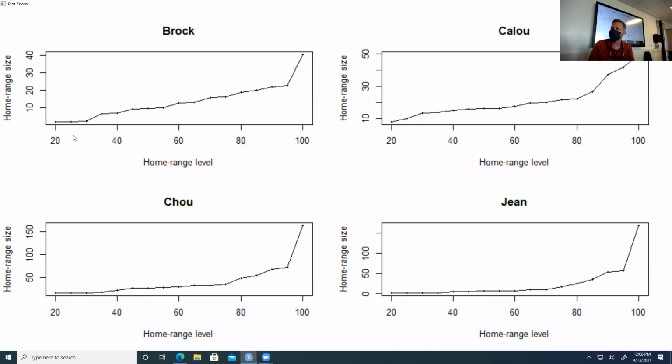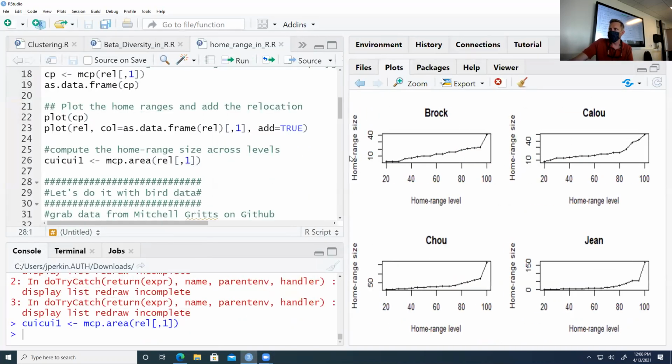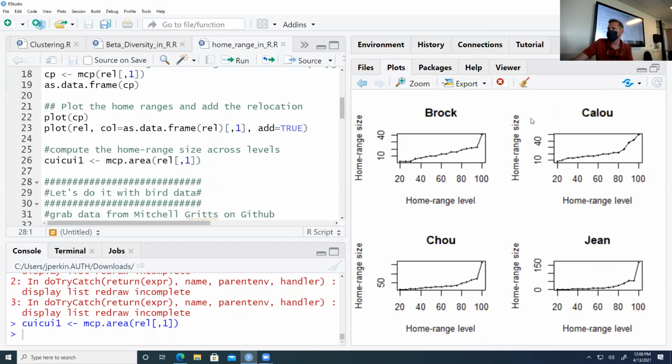You need a lot of relocations, and if you think about the dates in this wild hog or wild boar data, they're out there every day or every other day. So it's really intense, following what these individuals are doing almost on a daily or every other day time step. Okay. But then the other thing that we can get out of that